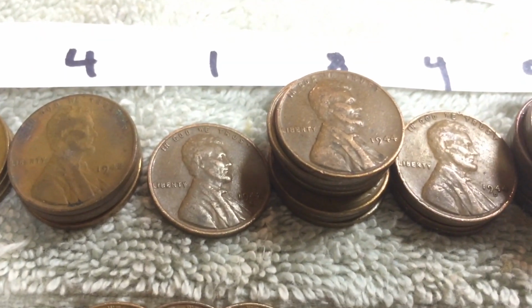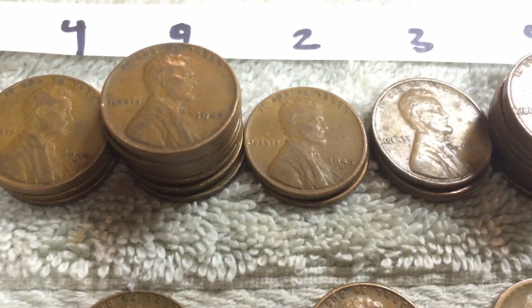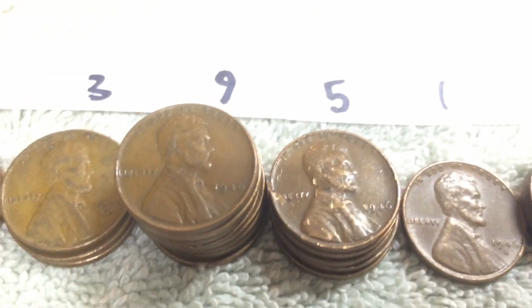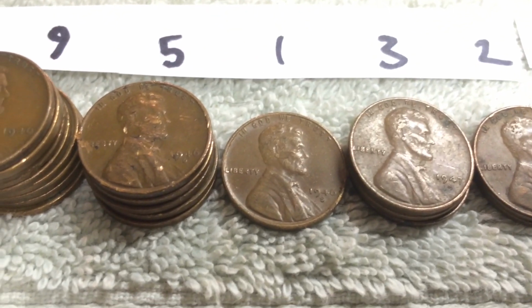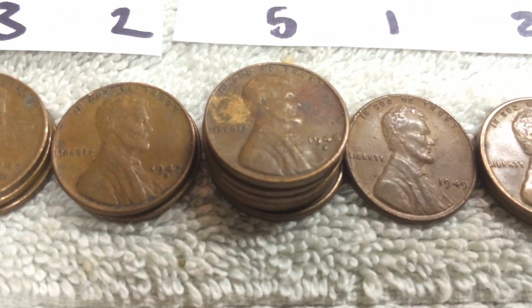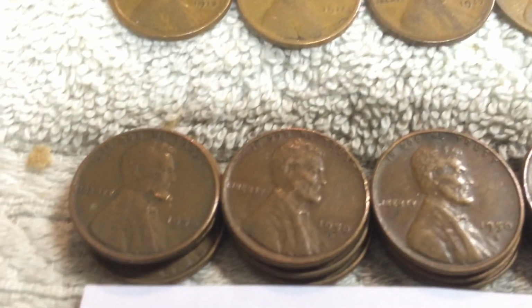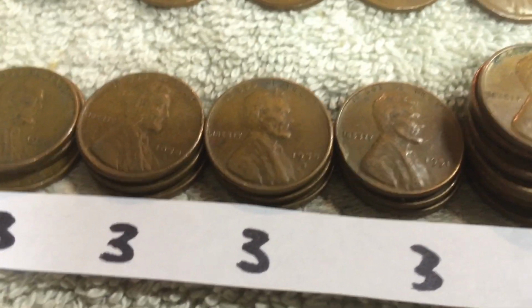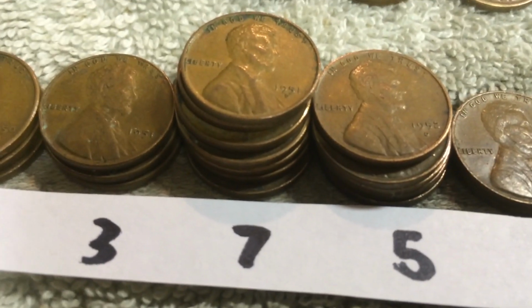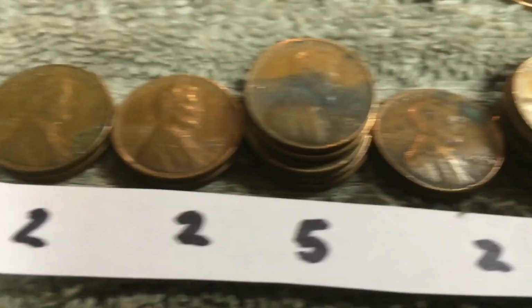1942 S, 8 1944 plains, 4 1944 Denvers, 9 1945 plains, 2 1945 Denvers. We had 3 1945 S's, 9 1946 plains, 5 1946 Denvers, a 1946 S, 3 1947 S's, 2 1947 Denvers, 5 1948 Denvers, a 1949, 2 1949 Denvers, 3 1950 plains, 3 1950 Denvers, 3 1950 S's, that's pretty cool, 3 complete sets, a 3 1951 plains, 7 1951 Denvers, 5 1952 Denvers, 2 1953 plains, 2 1953 Denvers, 5